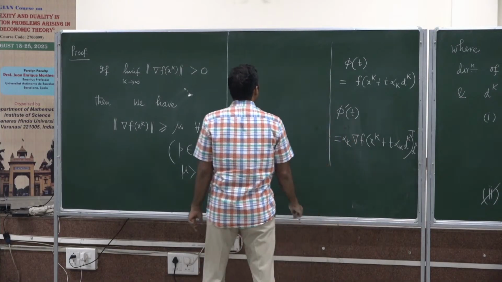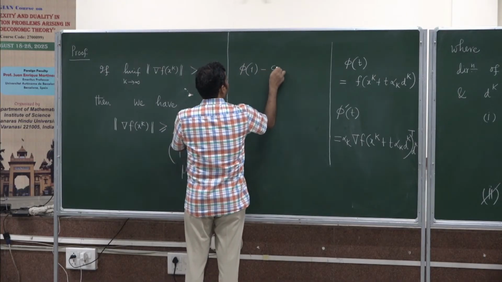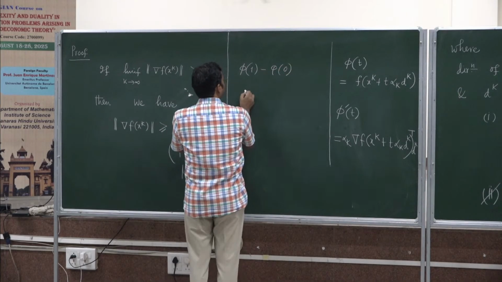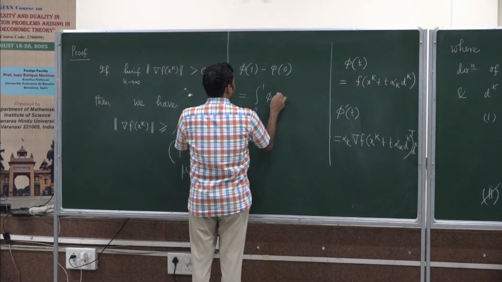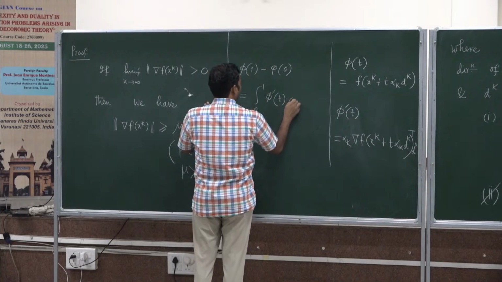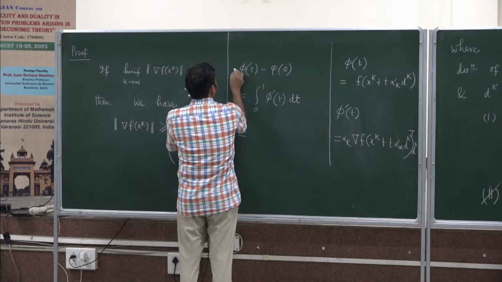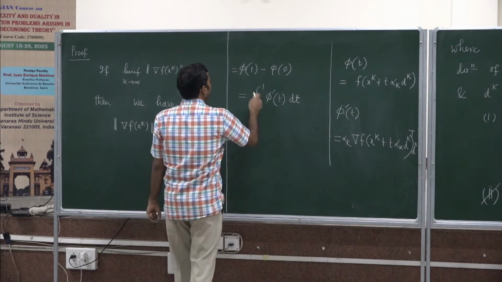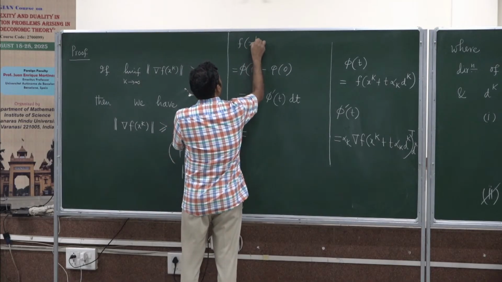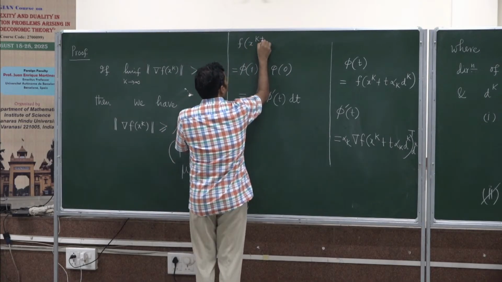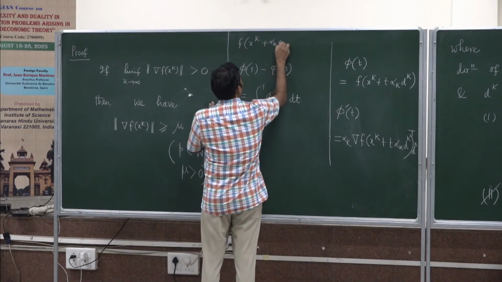And then we notice that phi 1 minus phi 0 is equal to integration 0 to 1 phi dash t dt, and phi 1 is your f of xk plus 1, or f of xk plus alpha k dk,